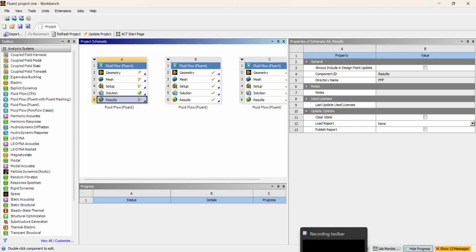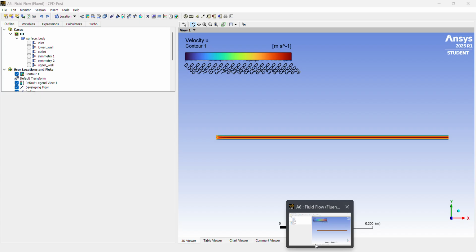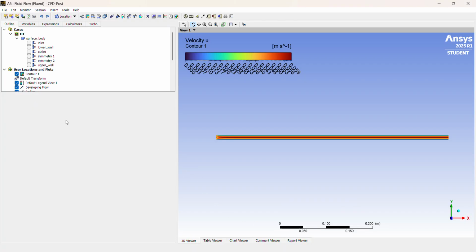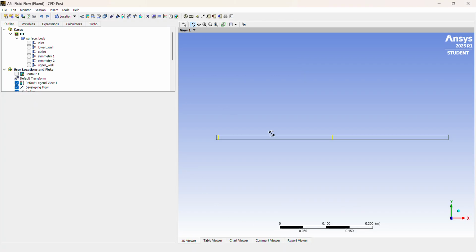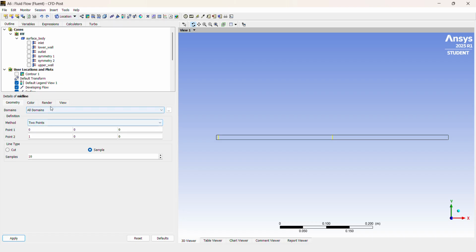Then I already have that open down here. And here you can see that I have a developing flow line, I have a midline, and I have my end line. So in order to make those lines, you go up here, show your line, midline, and then here you'd put in your points. So for here, for the midline, I put